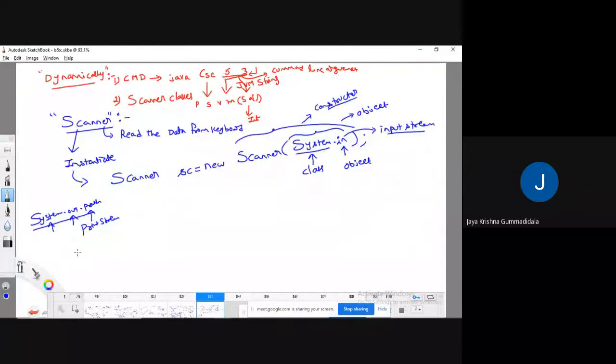There is one command called javap, which is used to check the profile of the source code. To check the profile of source code means it can be a class or an interface.